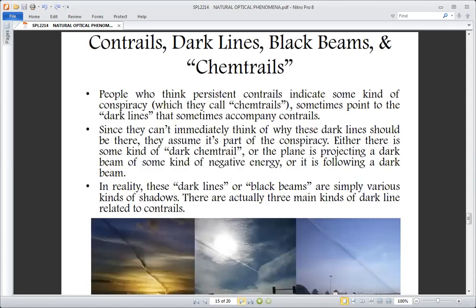So we have different types of contrails. Sometimes you see a contrail casting a shadow on itself. Okay, so a contrail